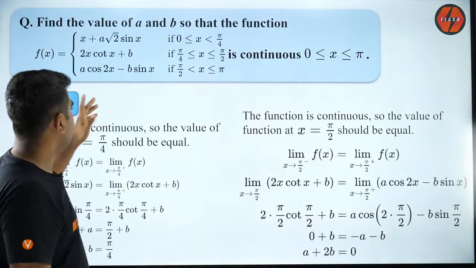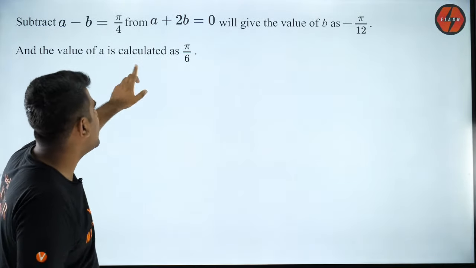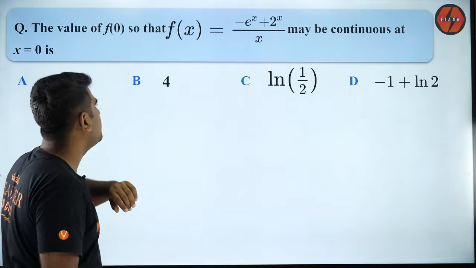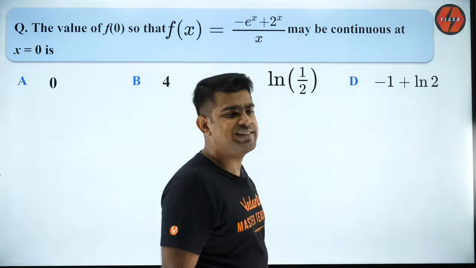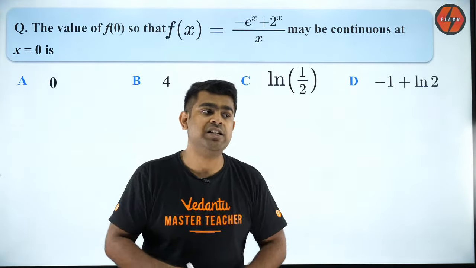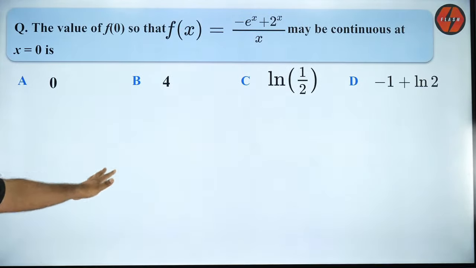Okay. So here we go to the next topic. We have calculated it, right? Yeah, A comes out to be pi by 6 and B comes out to be minus pi by 12. So we were absolutely right. So here we go to the next question. Today is a problem solving session because it is a sprint class. We will be looking at a good number of questions. Please do it, everybody.